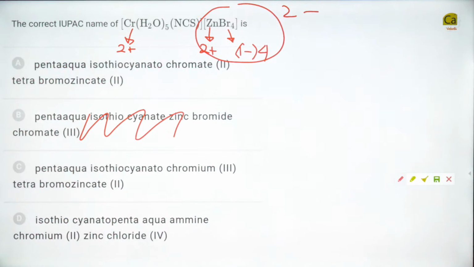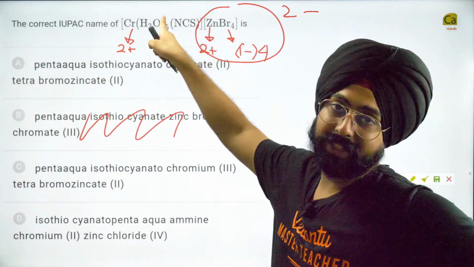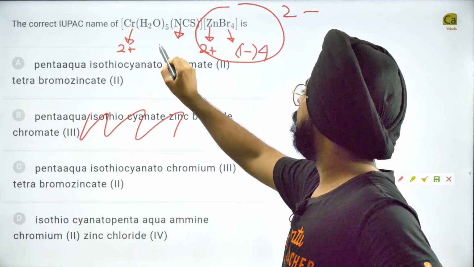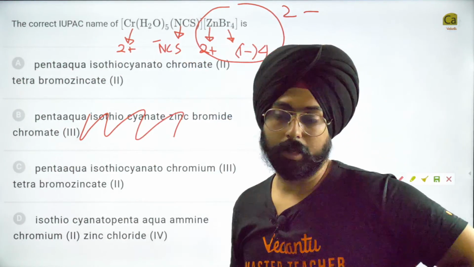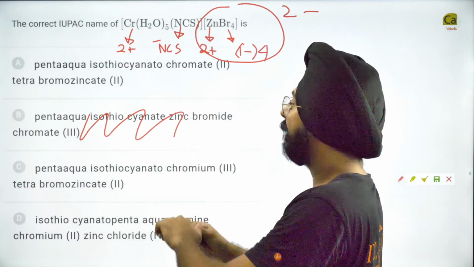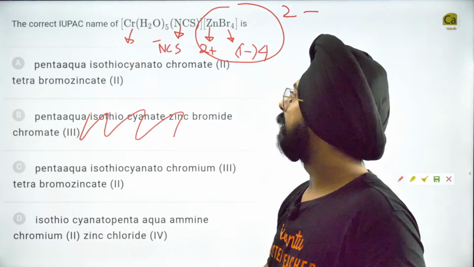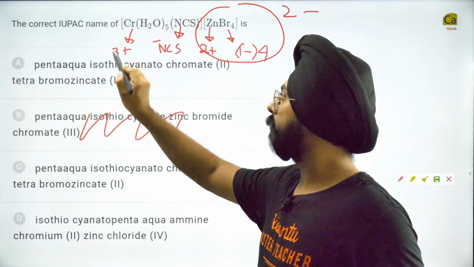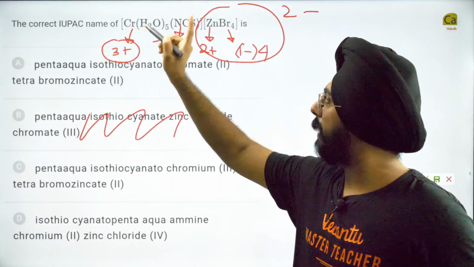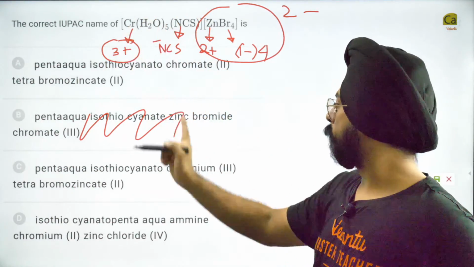Should it be chromium 3 here? Oh yes, because we have NCS. My silly mistake here. NCS will also have a negative charge, and I forgot to include that negative charge. Now that I realize, this has to be 3 positive. So NCS negative and 2 negative from here, total is 3. So pentaaqua, isothiocyanato, chromium 3,